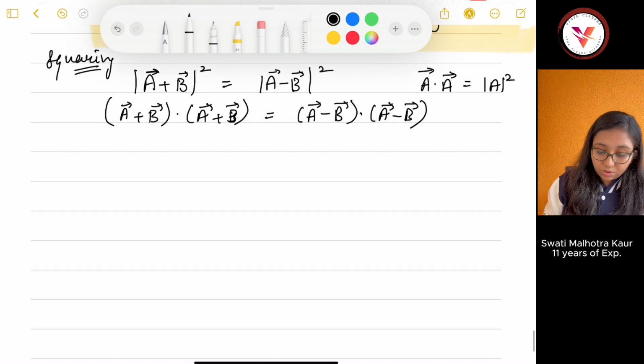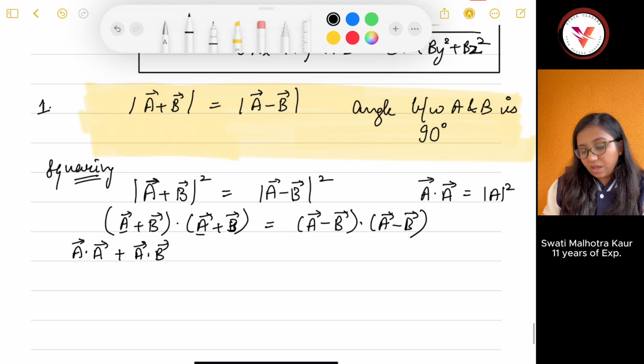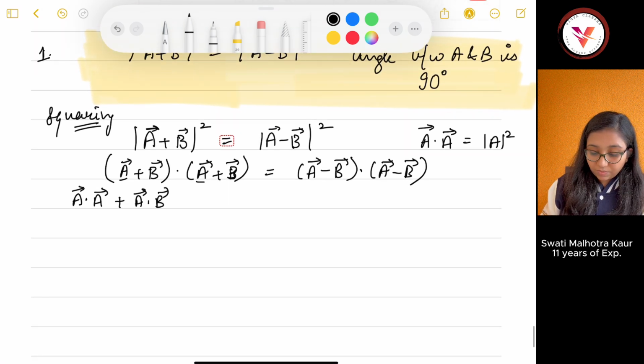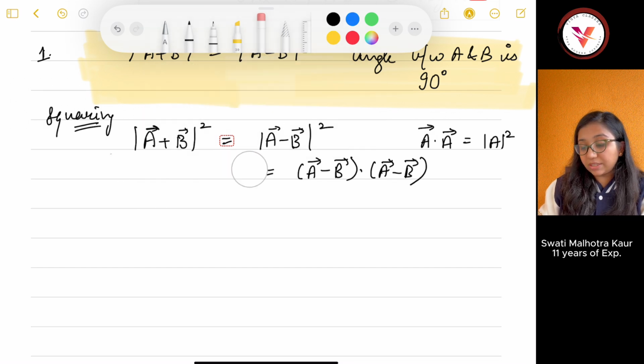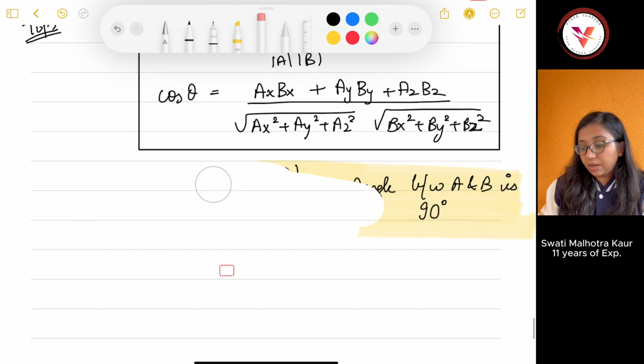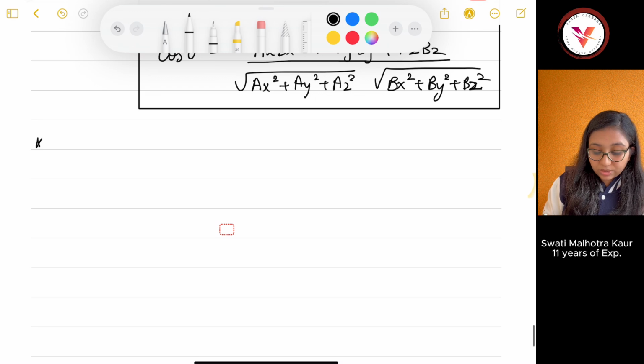So dot product with A dot A, then plus A dot B. Actually, before this, we should learn its two properties. It's commutative and it's distributive, and then we can move to this trick. So there are two properties. First is